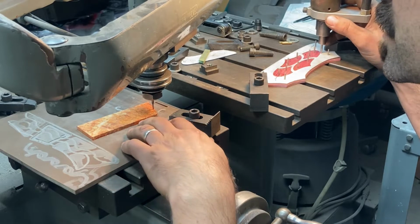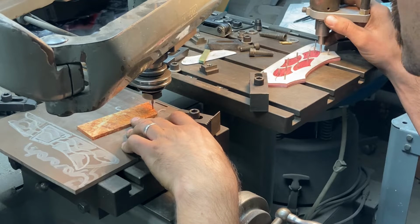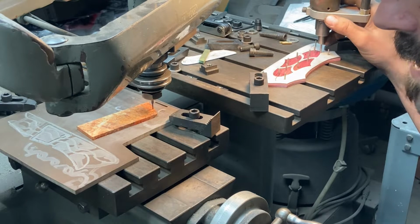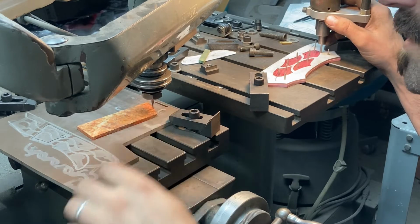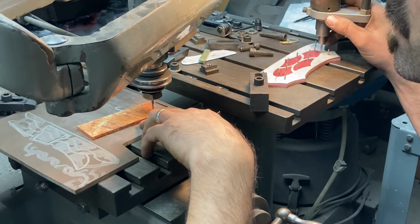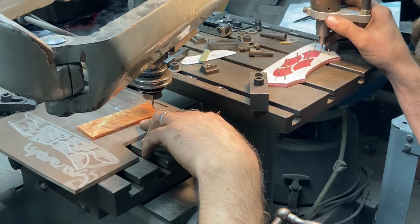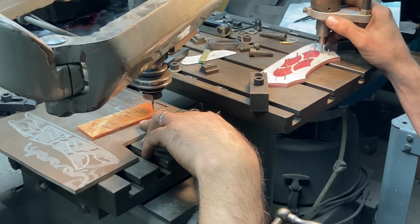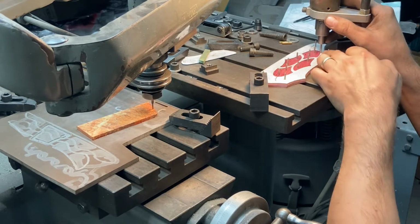So the depth of this scale is 200 thou. I fly cut it down to 200 thou because that's how deep I'm going to have my inlays before subsequent work. And I've set the dial on the knee height to where I found the workpiece at 0 on the dial, and then by the time I get to 190 thou, I'm going to very carefully cut that remaining 5 to 10 thou of material so the piece just breaks free. You want to have precise control over your depth when you're cutting, especially when you're about to break free. And then I'm using a 1/16 cutter and an eighth inch stylus here,